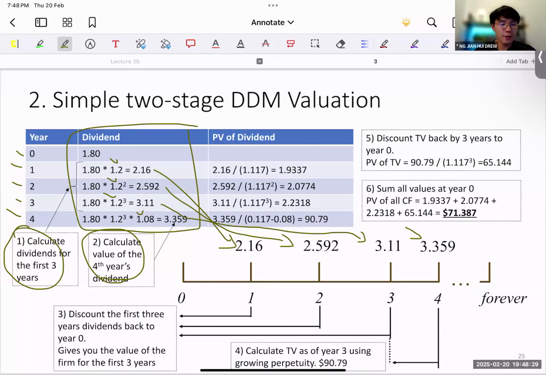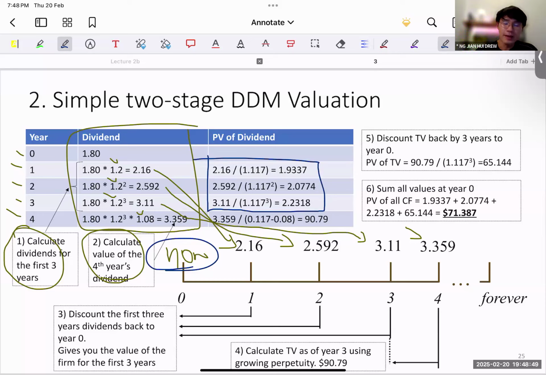Okay, so for the first 3 years, quite simple. We simply have to discount the first 3 years' dividends back to year 0, because this is now, right? This is now. So we discount them back, which is given by this part here, the present value of your dividends. After that, we now need to calculate the